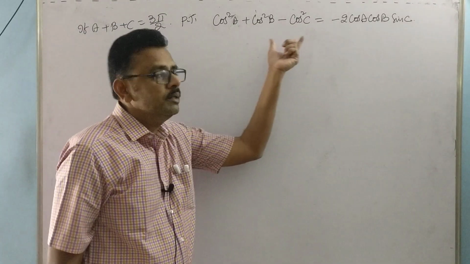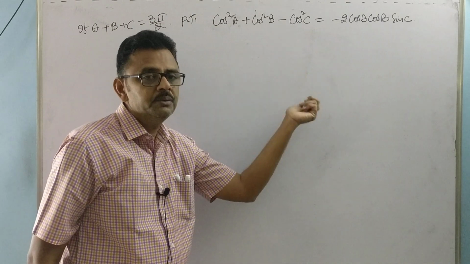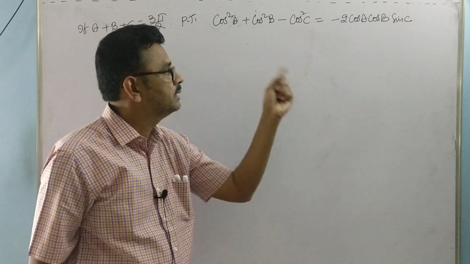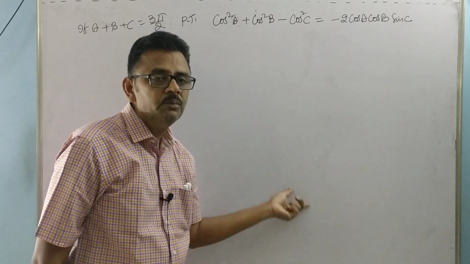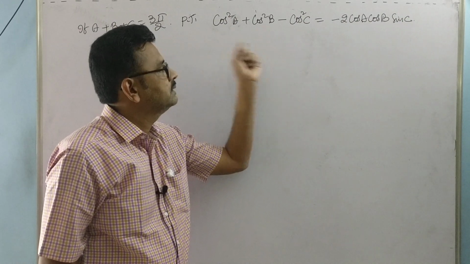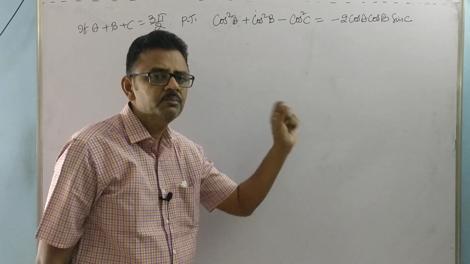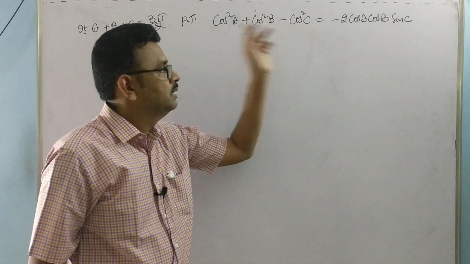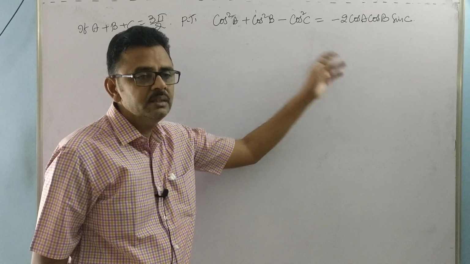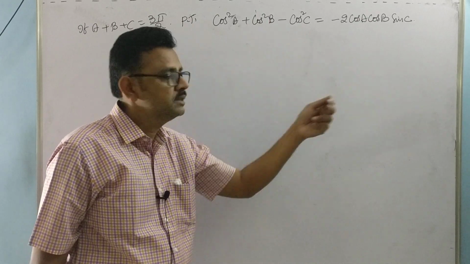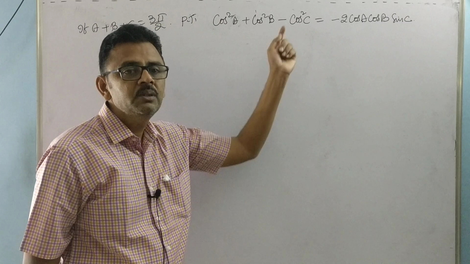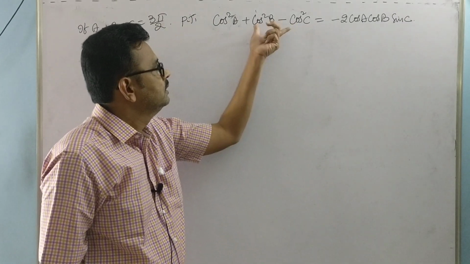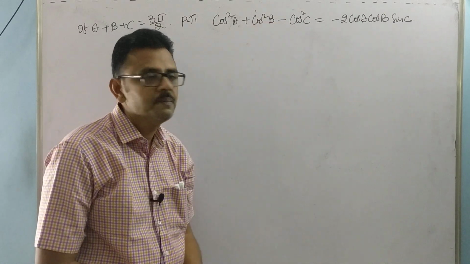All problems in this exercise are the same model problems. If you practice two or three problems many times, automatically the remaining problems feel more comfortable. Every problem is the same process. One thing is that sometimes A plus B plus C is given as 180 degrees, pi by 2, 90 degrees, 0 degrees, or 270 degrees, that is 3 pi by 2. So this problem is 3 pi by 2. The rest of the thing is everything the same.